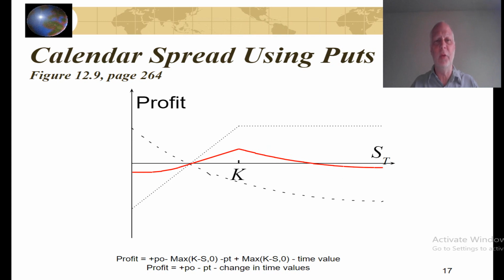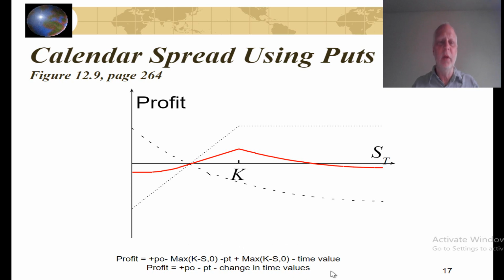We can also construct a calendar spread using puts. Similarly, you are shorting a near to expiration option with a strike price K1, and you are going long a long-dated put option also with a strike price K1. So your payoff here from the short option is plus P naught minus maximum K minus S comma 0, and then the value at expiration of the long-dated option that you have purchased. So we sold the short-dated option, we purchased the long-dated option with minus PT maximum K minus S comma 0